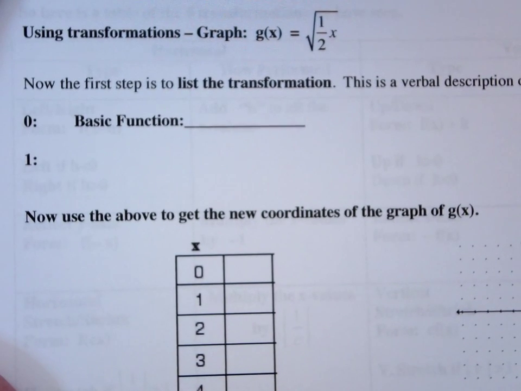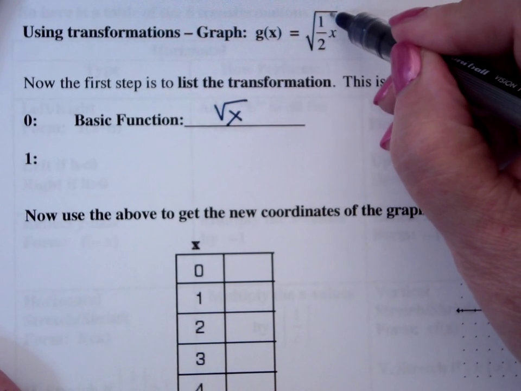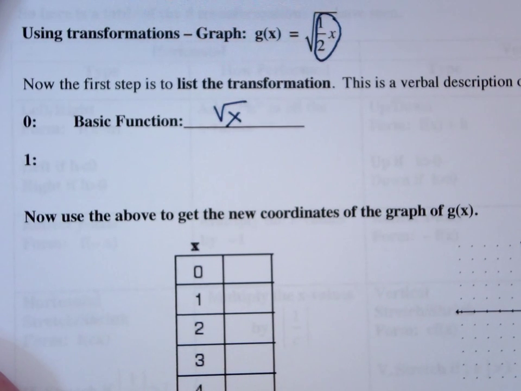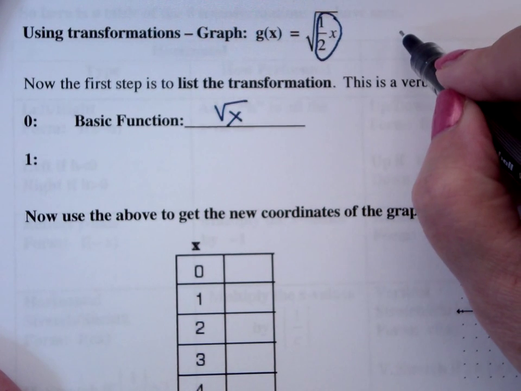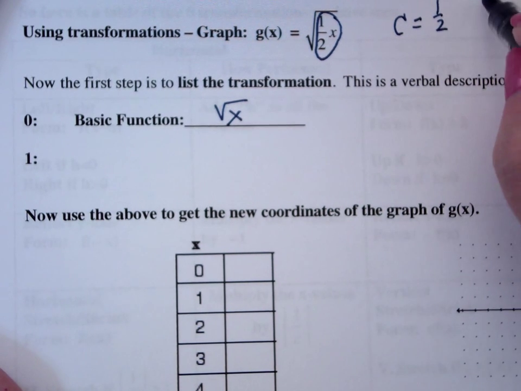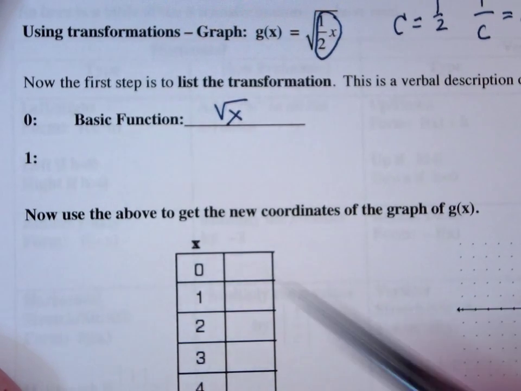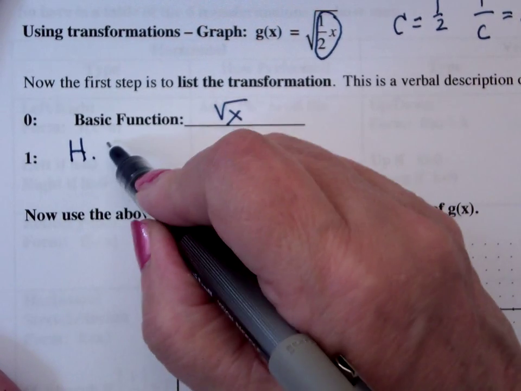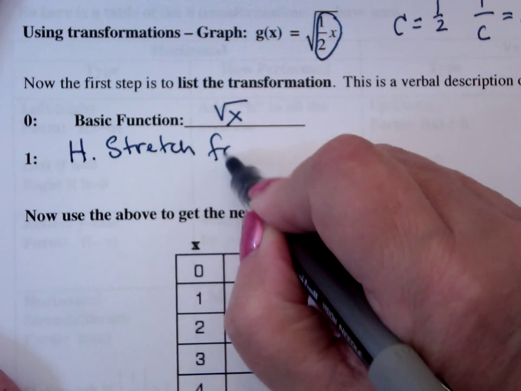What's the basic function? Square root of x. And if I start with the inside, the inside is 1/2 times x. So that says I have a what? Stretch. Yeah, because c is 1/2, and 1 over c is 2. So that says I have a horizontal. I put h in front of it because I don't want to write the word horizontal. And 2 is a stretch factor